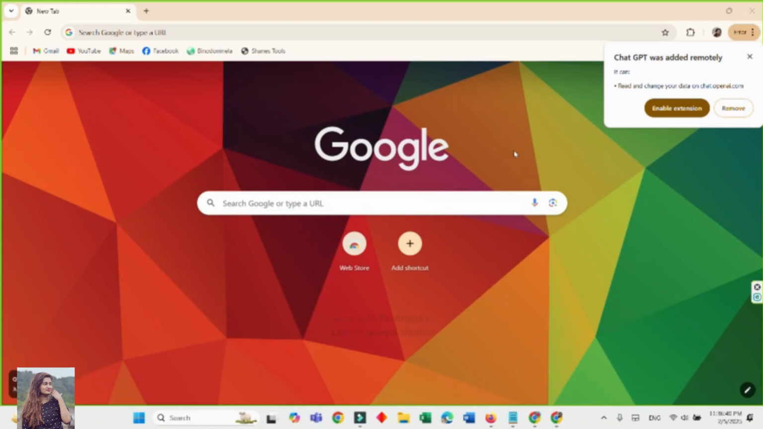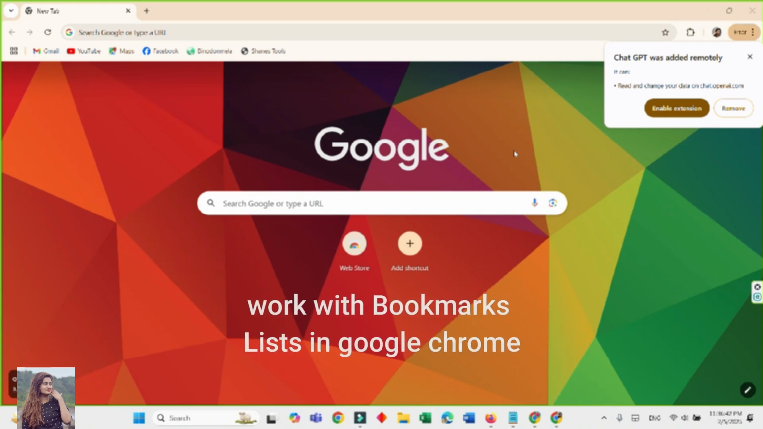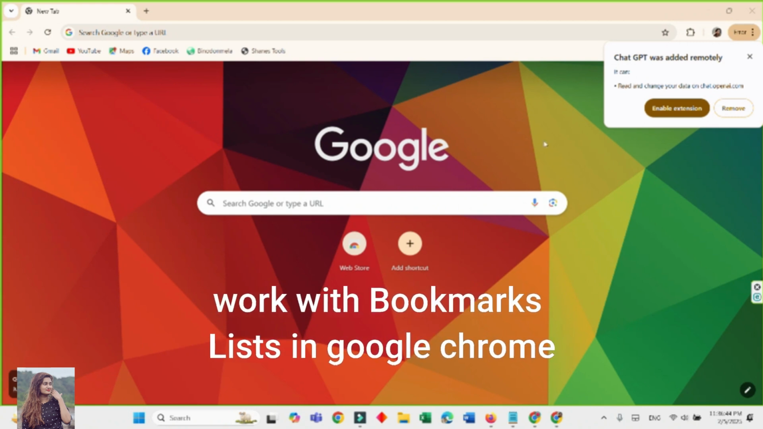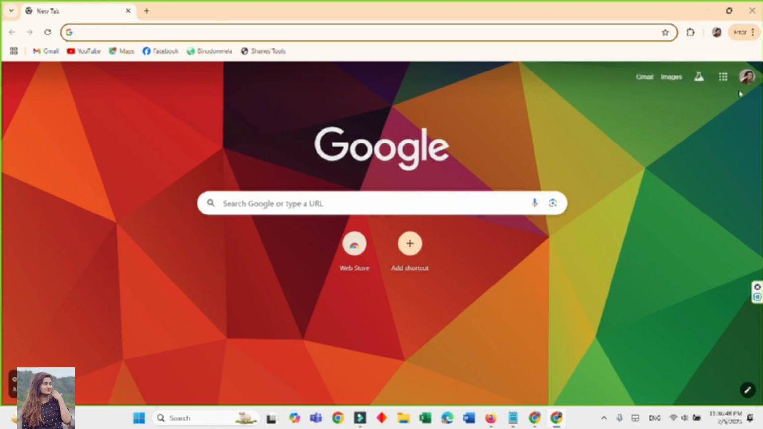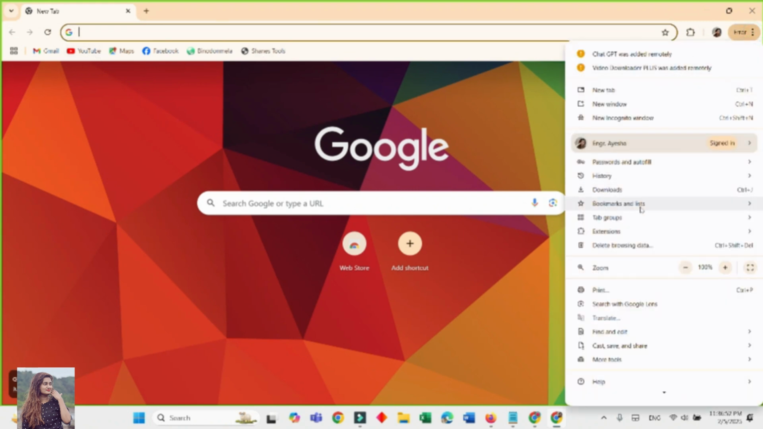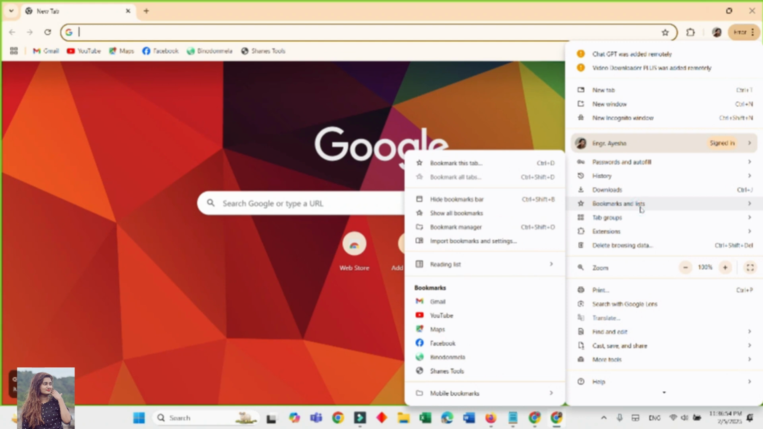Today in this tutorial I'm going to show you how to work with the bookmarks list in Google Chrome. So for this case, we will go to the Google Chrome that I already have here. So this is my bookmark, so I will work on this. So how? Here are the bookmarks and list. Click here, and first of all we will do bookmarks, this new